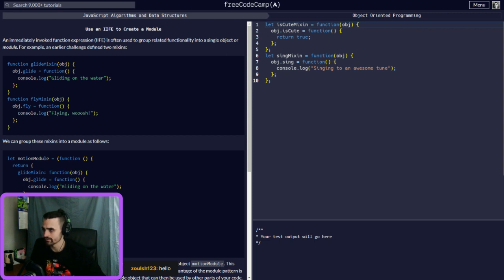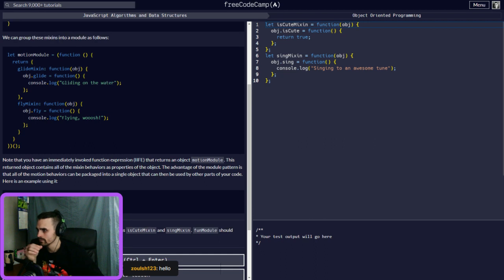You're going to use the object function, glide in the water, and so basically you're making an object of its own without really a name. It's going to have object.fly and object.glide. So now you can use the motion module and combine these.